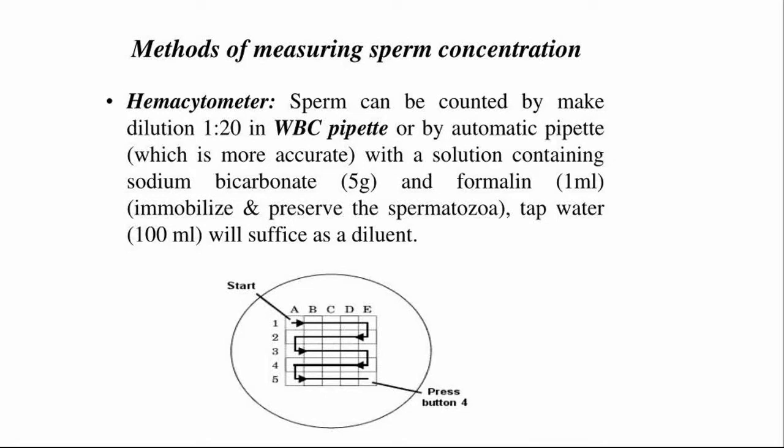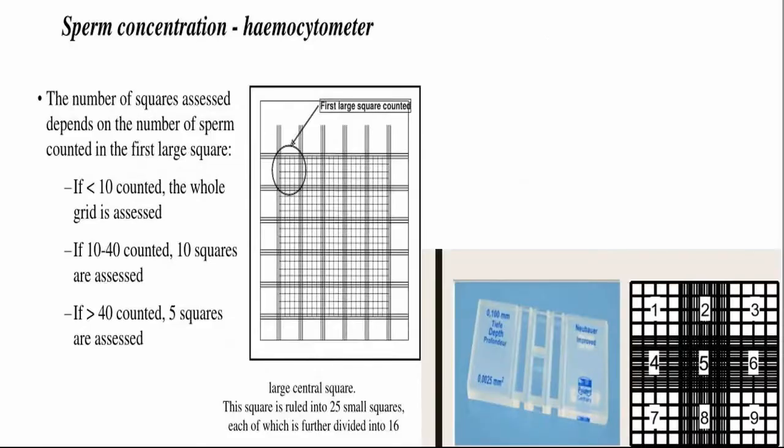In this slide, you can see the method of counting, the way the microscope has to be moved in a counting chamber. That is how we move from one column to another column. Charge the improved Neubauer chamber and allow the sperms to settle for about 5 minutes. Count the number of sperms in 4 large corner squares as we do in case of WBC count.